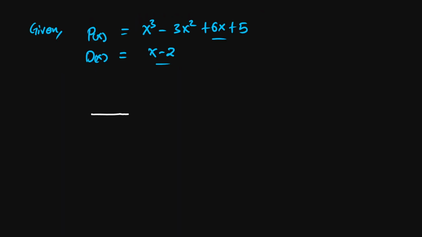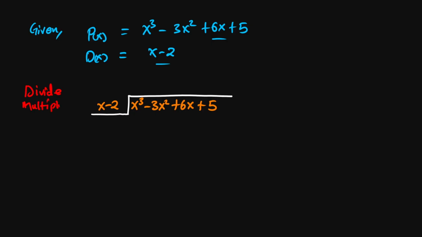So we have a long division symbol, a divisor x minus 2, and a polynomial, which is our dividend, x cubed minus 3x squared plus 6x plus 5. The key point to note is that the process of long division for polynomials is analogous to that of integers. So it will follow the same steps: divide, multiply, subtract, bring down, and repeat,